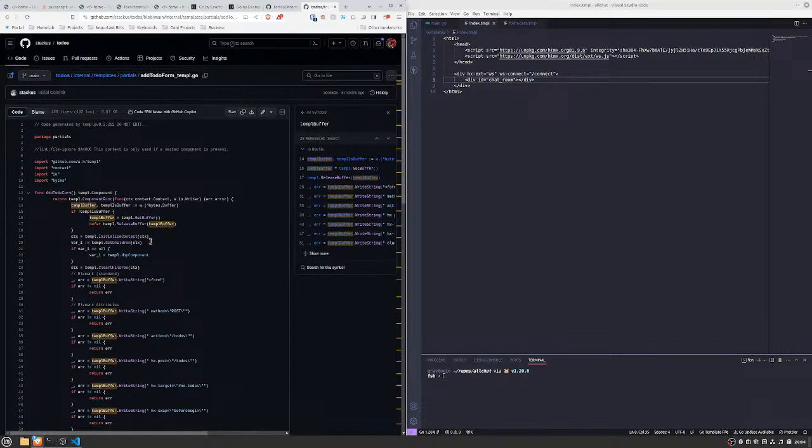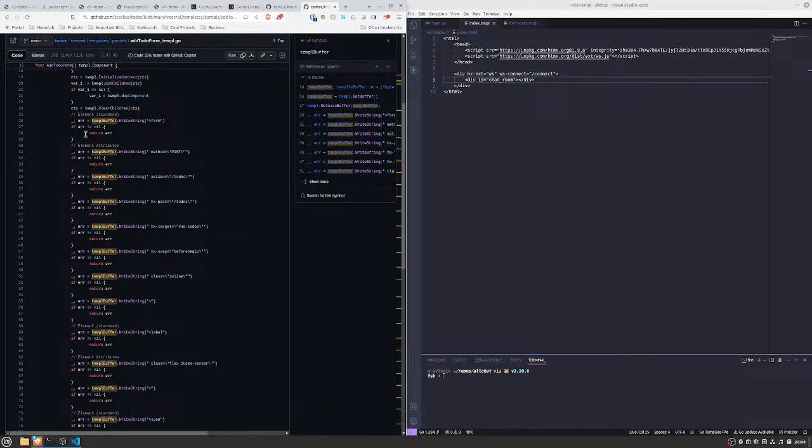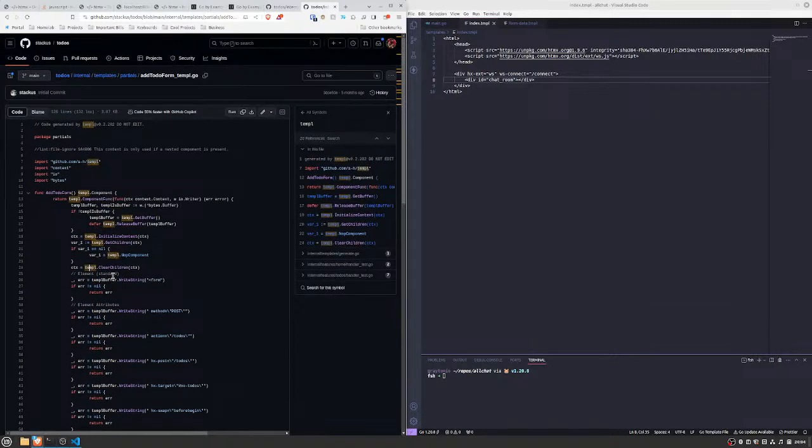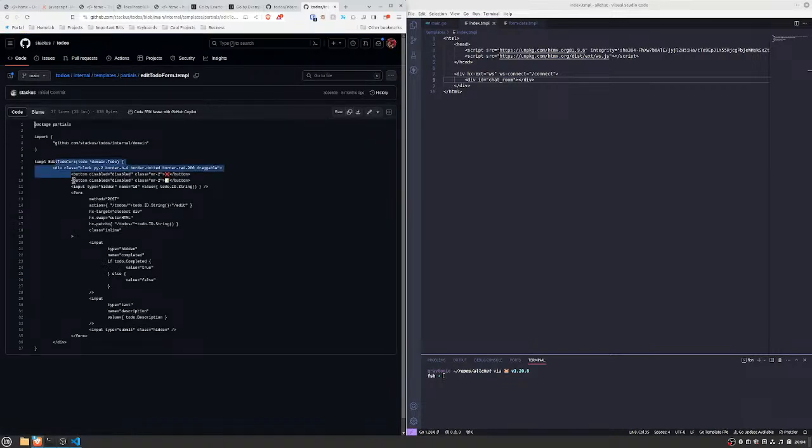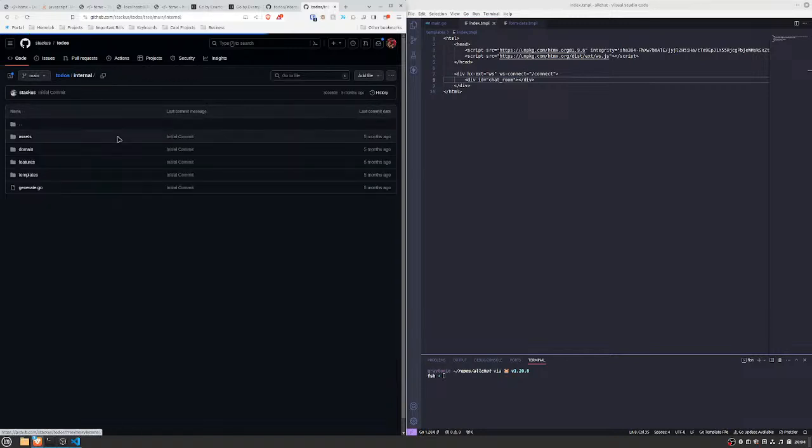What is this? I understand. Is it a way of building templates in pure Go? That's what it seems like. I don't know what that is, but